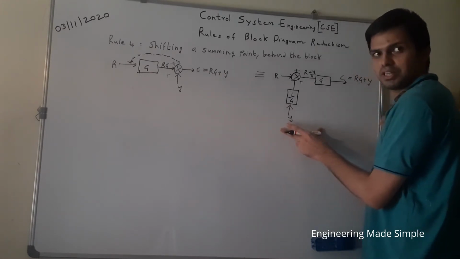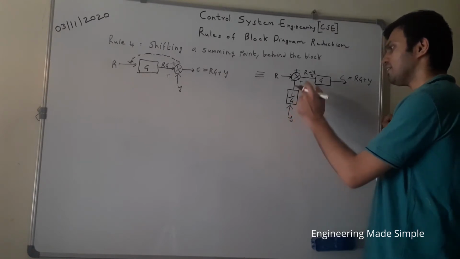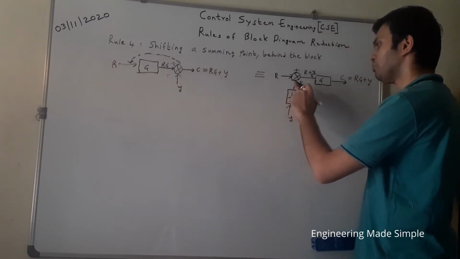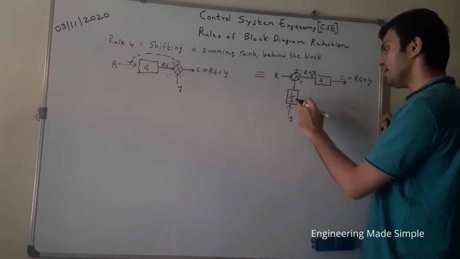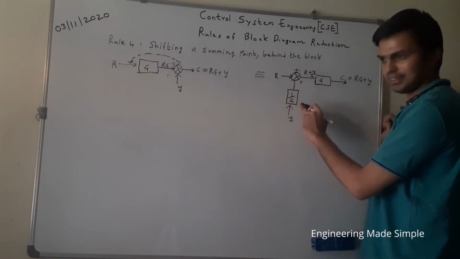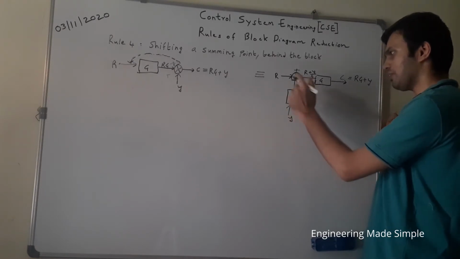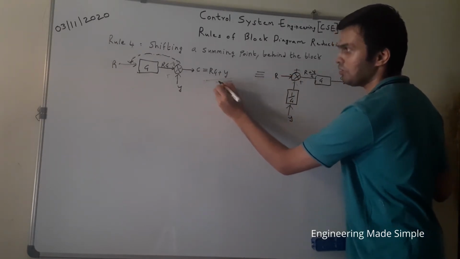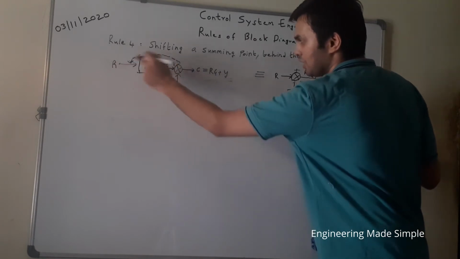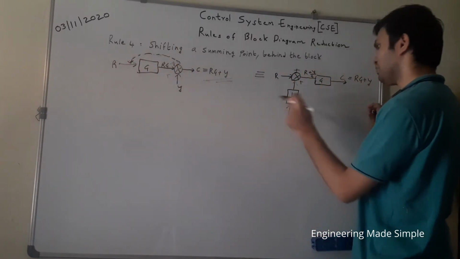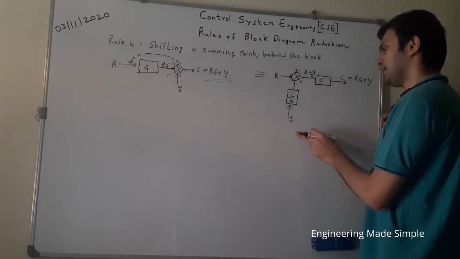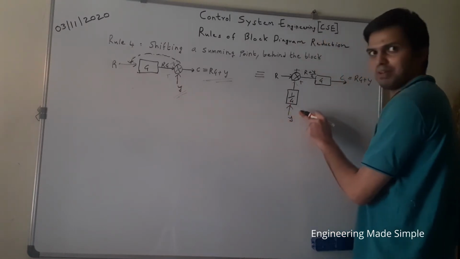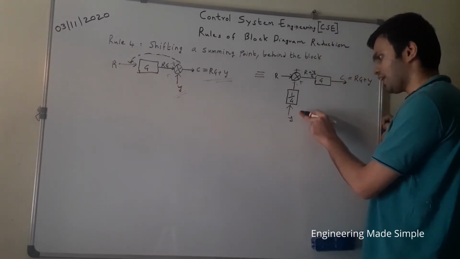The equivalent representation for it would be like this. If you want to move this particular summing junction behind this block, when I move this behind, I will have to multiply by a gain block of 1 by G to this summing junction in order to keep the output the same. Because I am doing a manipulation over here, I am shifting this summing junction behind, that's the reason we need to do some manipulations. Now here only the Y signal was present at the summing junction. How I got this 1 by G to be the correct manipulation, that I will do over here.